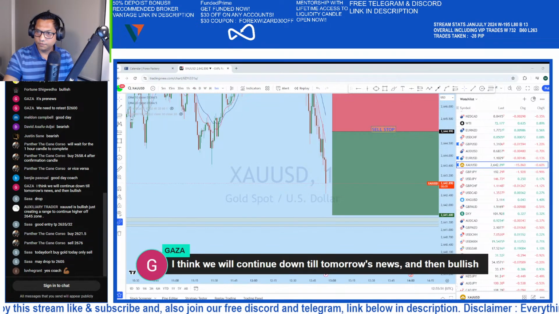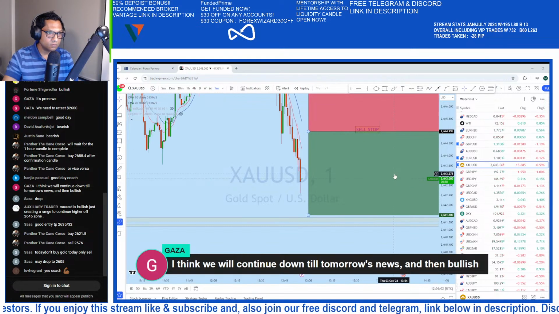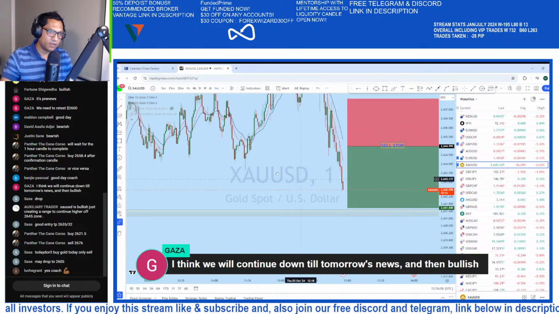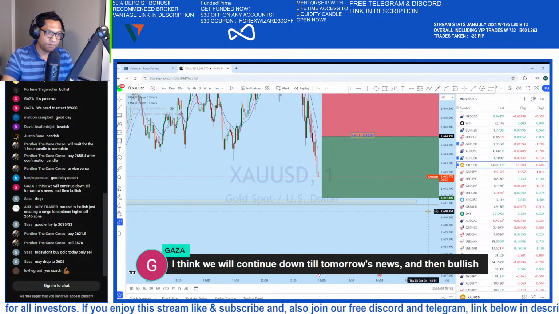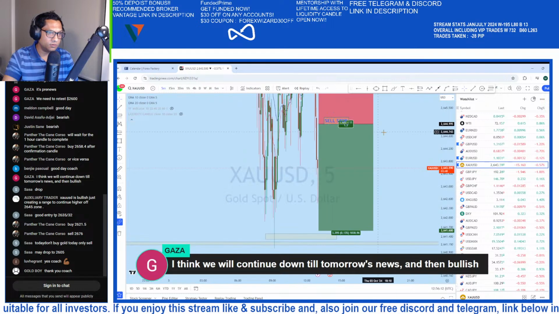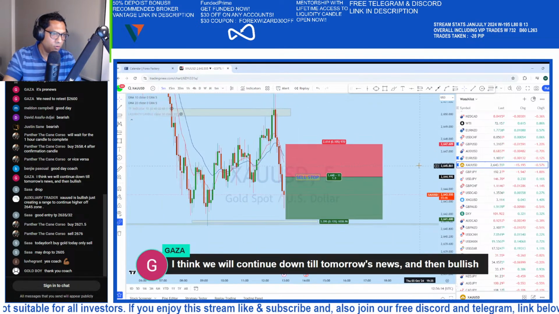Dropping down. Before the TP hit, let's celebrate that TP hit potentially, or we'll take the profit. Oh, it's trying to bounce back up. We need to see that